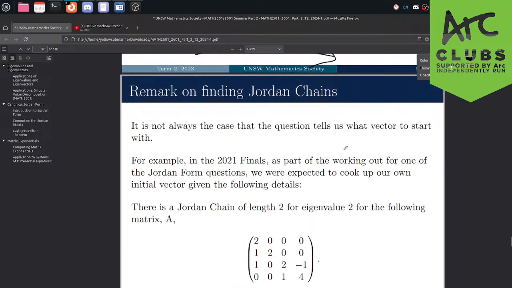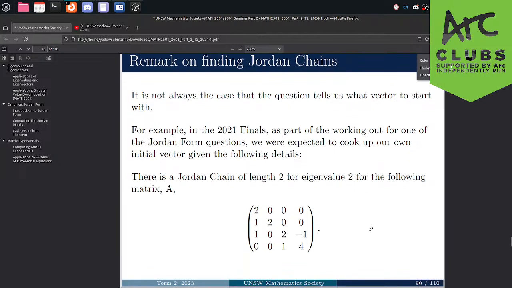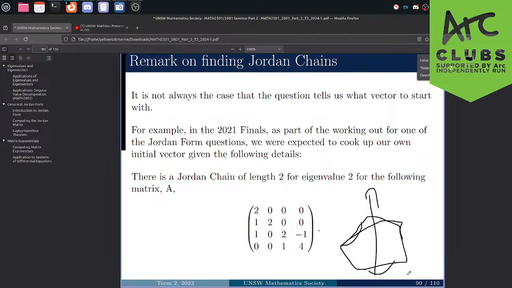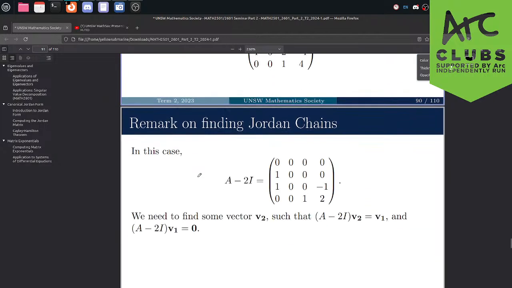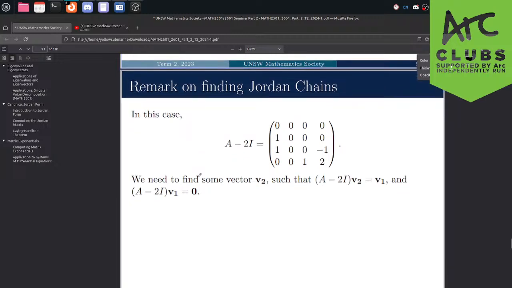So it's not always the case that the question tells us which vector to start with to find a Jordan chain, but because generalized eigenspaces are bigger than the lower order subset of generalized eigenvectors, like the smaller kernel, you can imagine a plane is infinitely more likely than a line, but we're only working in integers of certain sizes, whatever. You're very likely to find a vector where such is the case. If it doesn't work, just cook up your own initial vector. If it doesn't work, try again with another vector. You probably won't get screwed over.